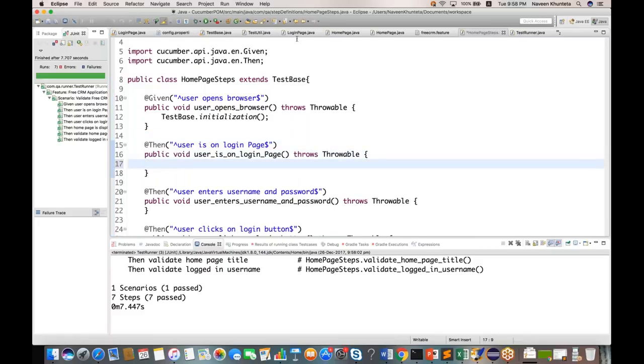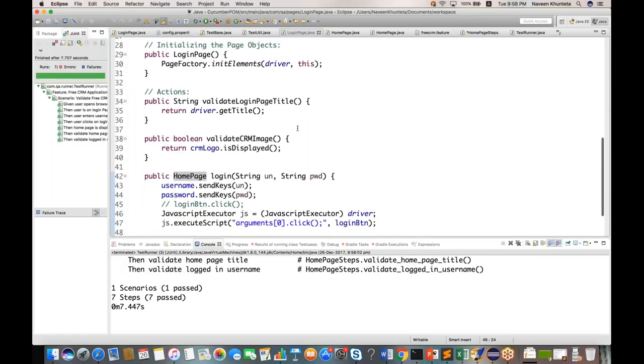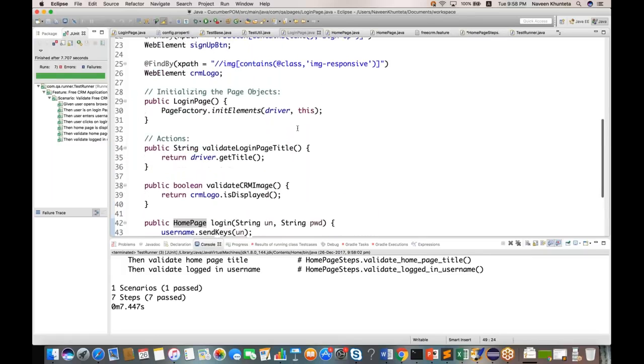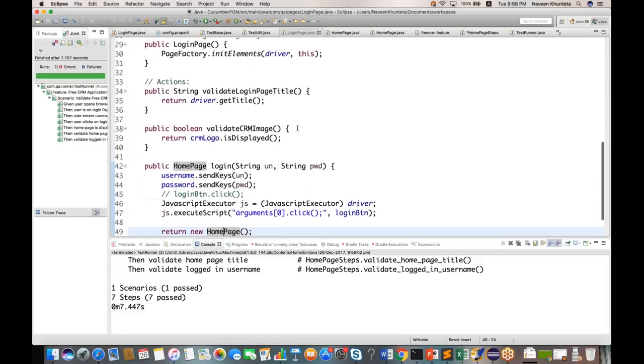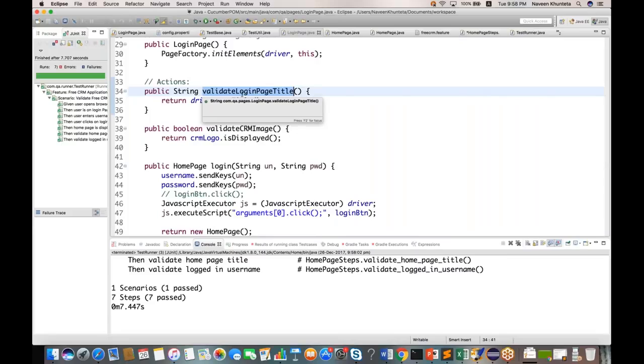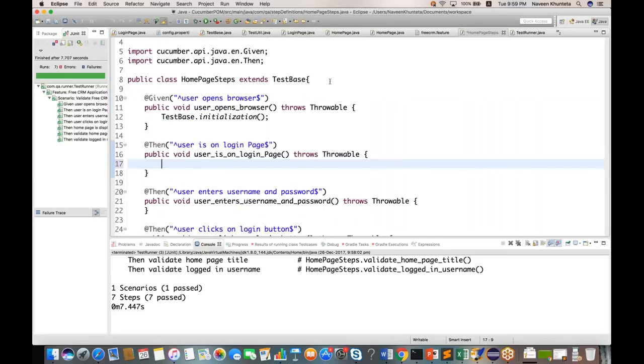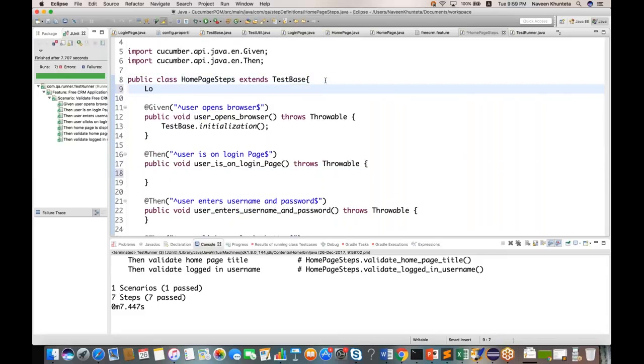So for user is on login page, we have already created this method that on login page, make sure that login title is available. Okay, validate login page title. So we will call this method, and this method is available where? Inside the LoginPage.java, right? So what I'll do, at the global level, I'll create, guys, see, loginPage is equal to new LoginPage class object. I'll create and just import it,